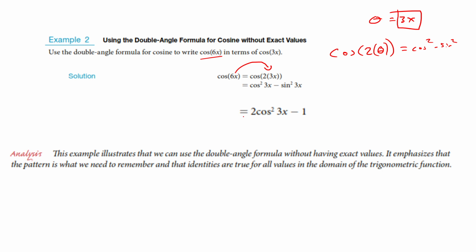Yeah, I was like, what are they doing here? Okay, so here, what they've done is they've used the Pythagorean identity to take this one step further. Oh, I guess they wanted, okay, I guess so they wanted all in terms of cosine of 3x. So, remember the Pythagorean identity says